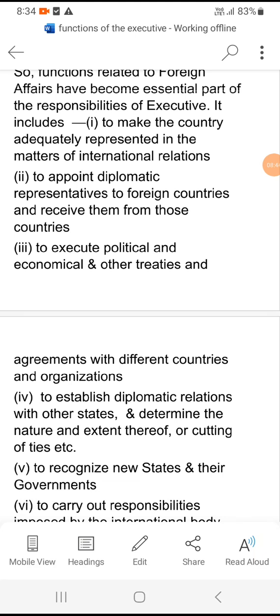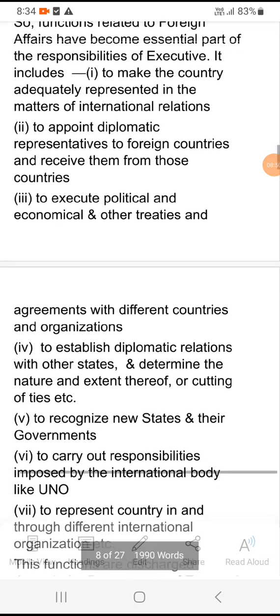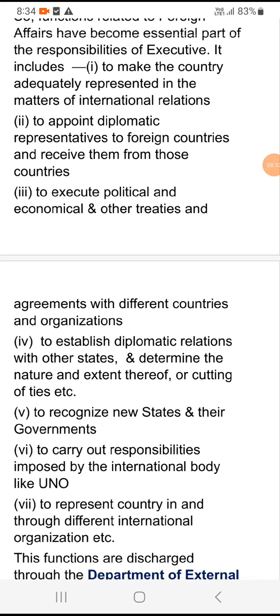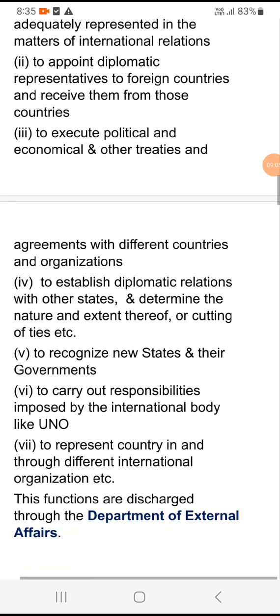To make the country adequately represented means to attend global summits and conferences. To appoint diplomatic representatives and receive them is one of the most important tasks of the executive. To execute any kind of political treaties or economic treaties and agreements